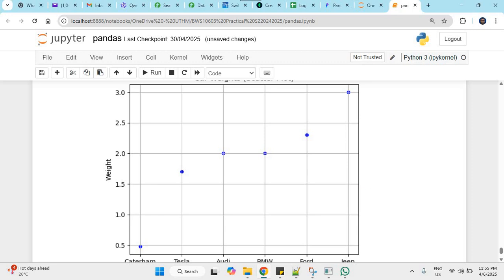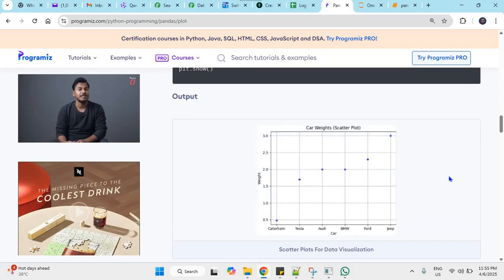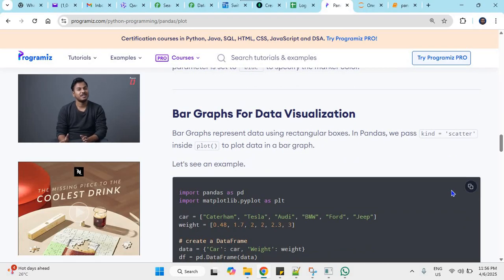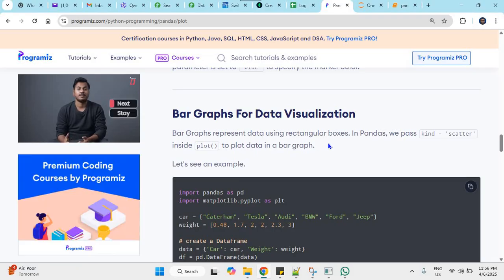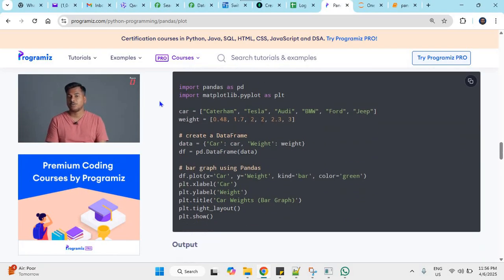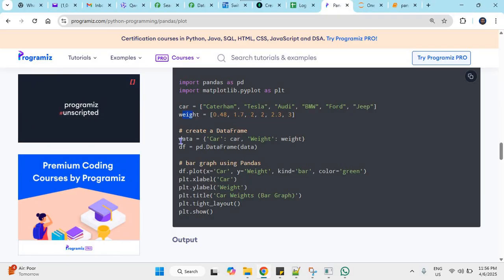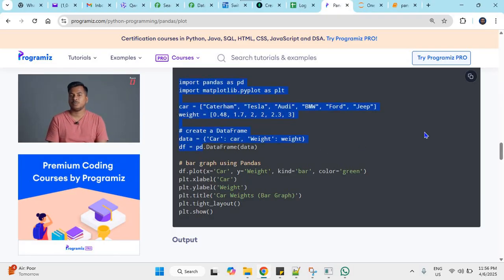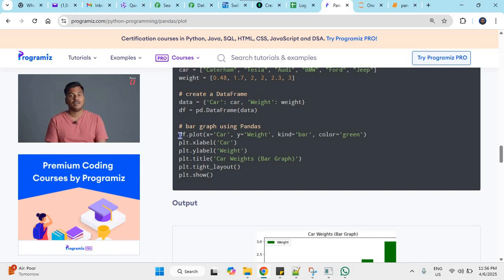Okay, next, bar graph for data visualization. A bar graph represents data using rectangular boxes. We know the bar chart, right? We pass the kind bar inside plot to plot the bar chart or bar graph. Let's see an example. The same example, car and weight, create data and then data frame. The only thing is we need to modify: x and y are correct, kind we change to bar, color we change